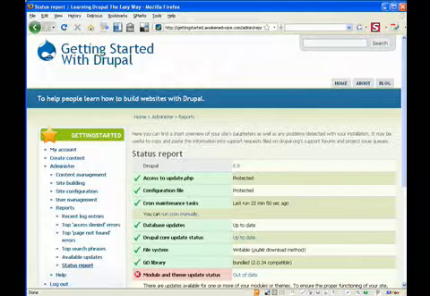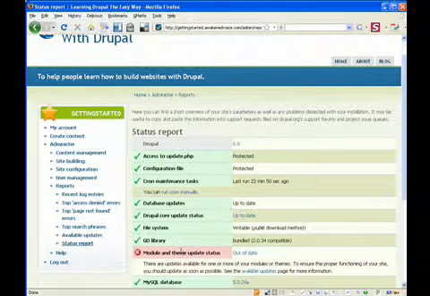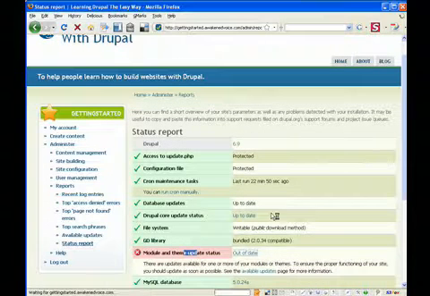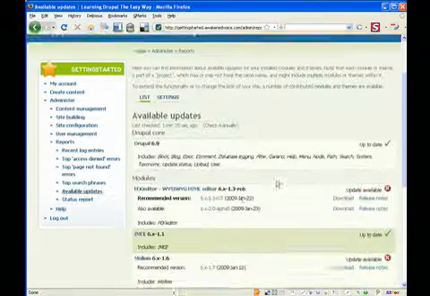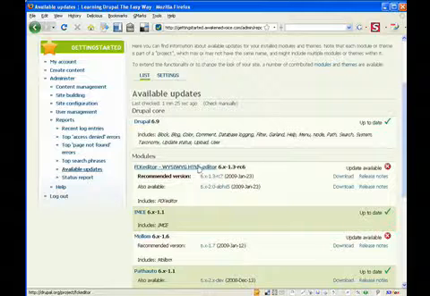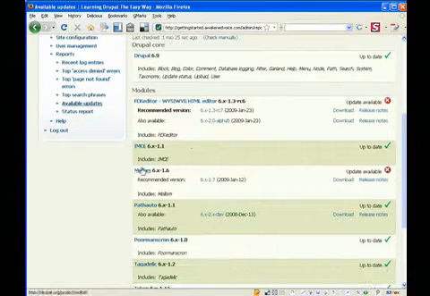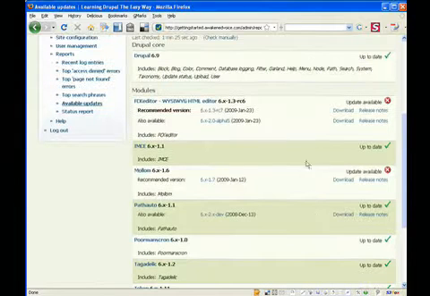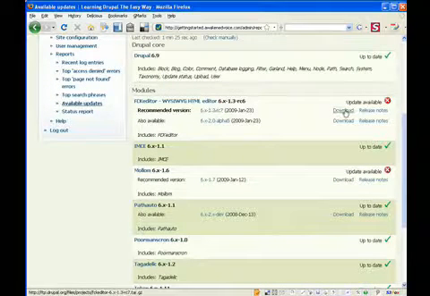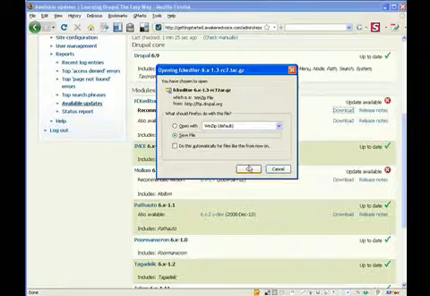Now, we can see that if we go back here to module and theme update status, we still have a couple things out of date. So our FCK editor needs to be updated, and also Malum needs to be updated. And those are the two things that need to be updated. So next step is we are going to download each of these items,